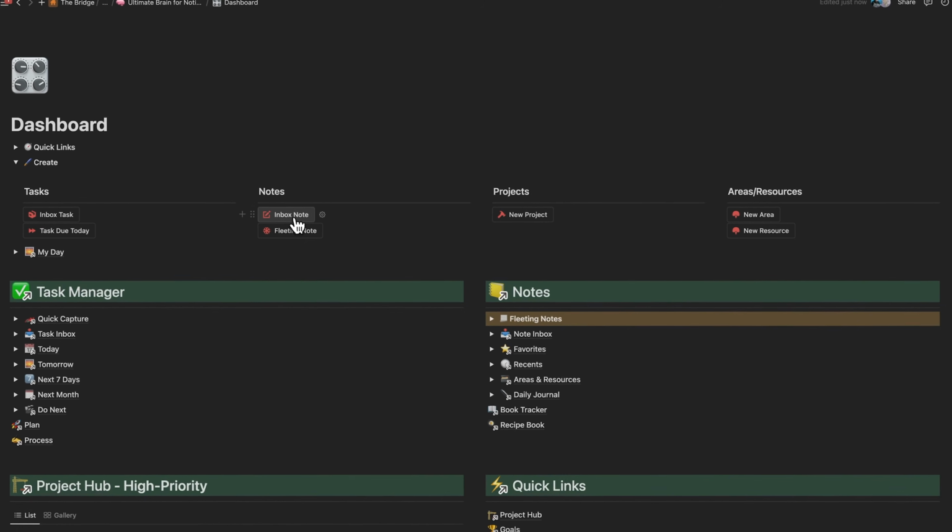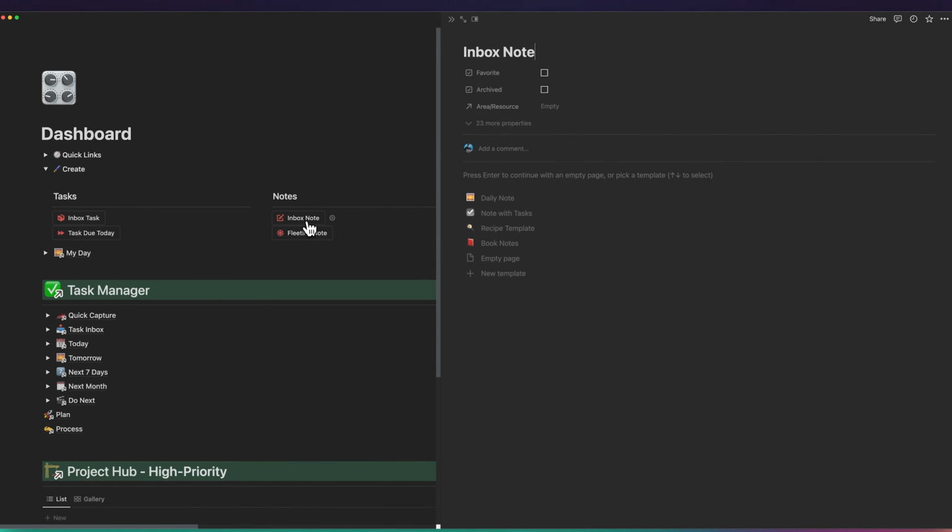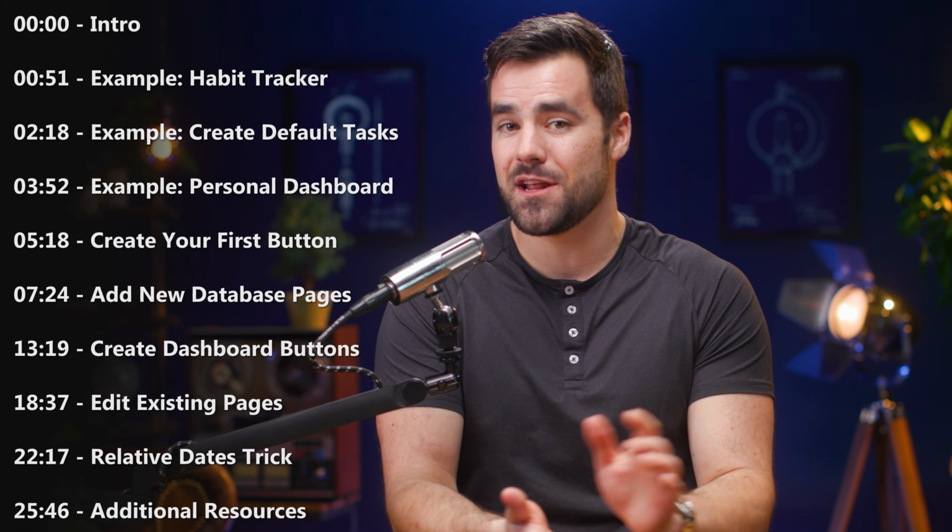Or you can create a centralized place for spawning new tasks or notes or even projects inside of your second brain. This feature just started rolling out today. I am super excited about it, and in this video, I'm going to teach you everything you need to know to master it. Timestamps, as always, are right there, so you can skip around the video to your heart's content,